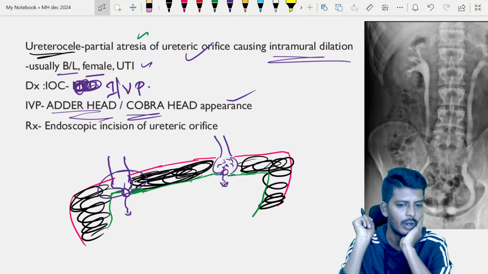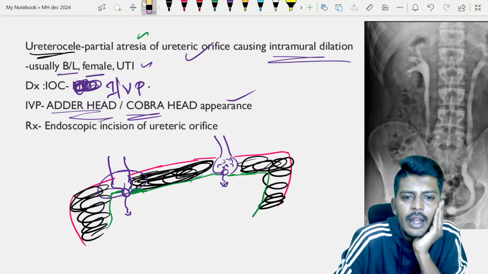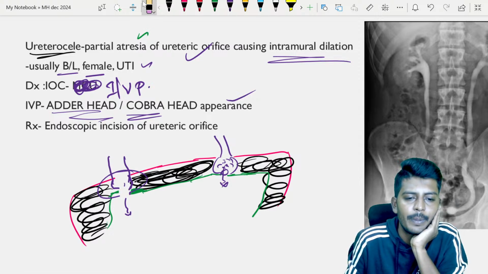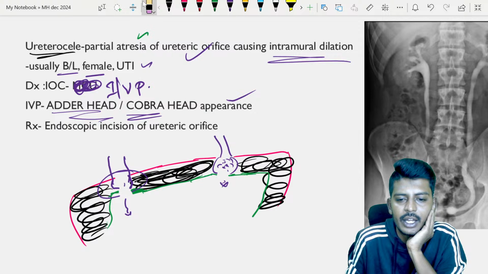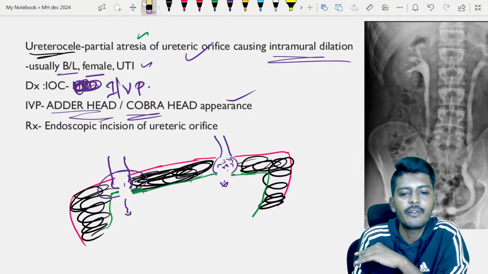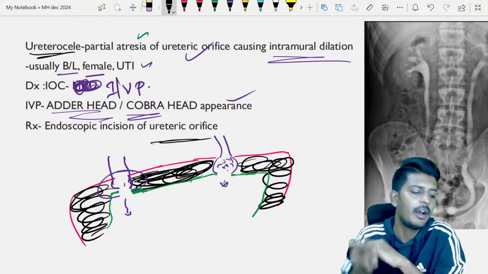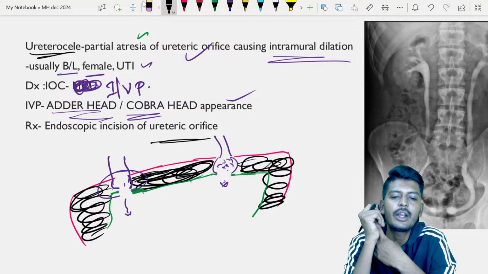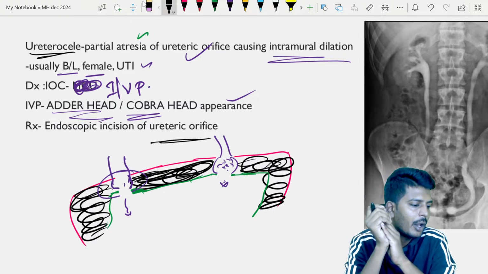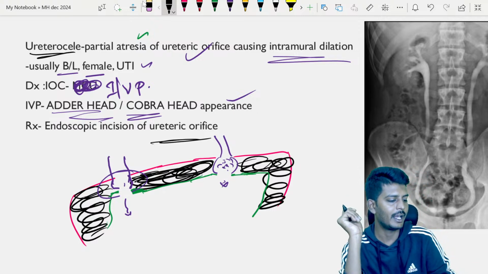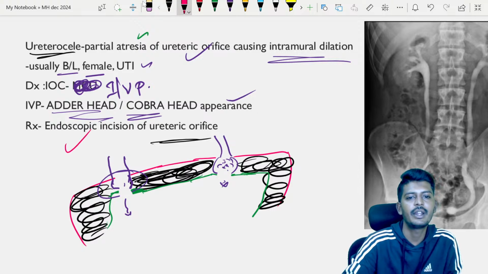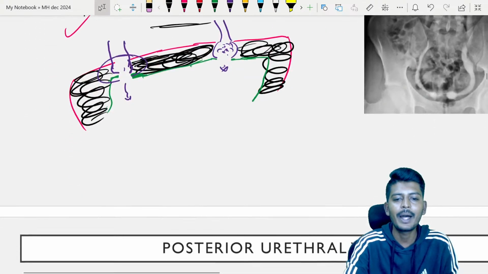ठीक है सर, चलो. Now what we are supposed to do is take a cystoscope or an endoscope. It is the same meaning. Cystoscopic or endoscopic orifice cutting down. So, endoscopic incision of ureteric orifice. बच्चों, endoscopic incision of ureteric orifice. Ureteric orifice को cut open करोगे तो patient will become normal. So that is only endoscopic. Yes, endoscopic resection of the ureteric orifice. So that finishes your ureterocele or a partial atresia.